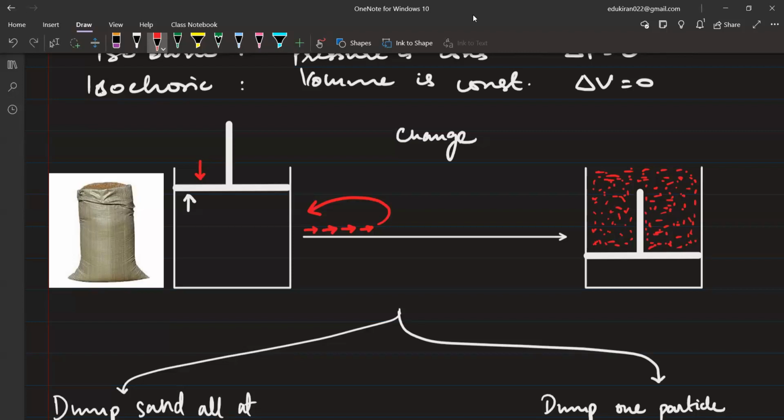Yes, sir. The force which drives the change, the force जिसकी वजह से change होता है, ठीक है ना? So the force which drives the change is known as driving force. Now, if I talk about the irreversible manner, then the driving force, the red force, will be very large than the white force, correct? Then only the piston is going down instantly. इससे अब हम दूसरी चीज क्या लिख सकते हैं, ध्यान दीजिएगा जरा।